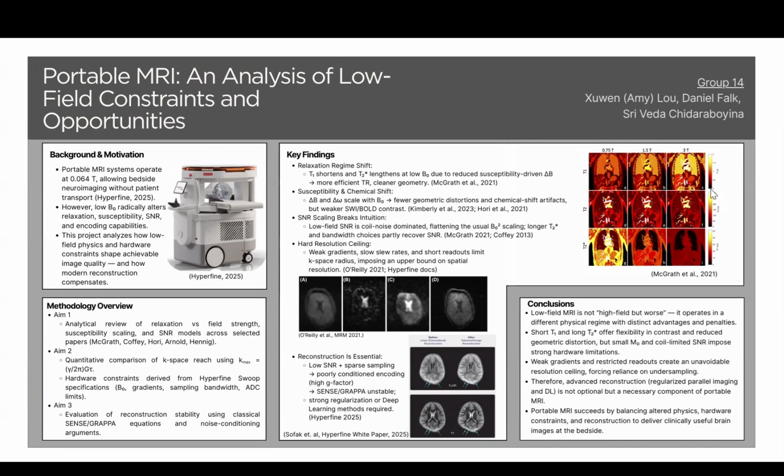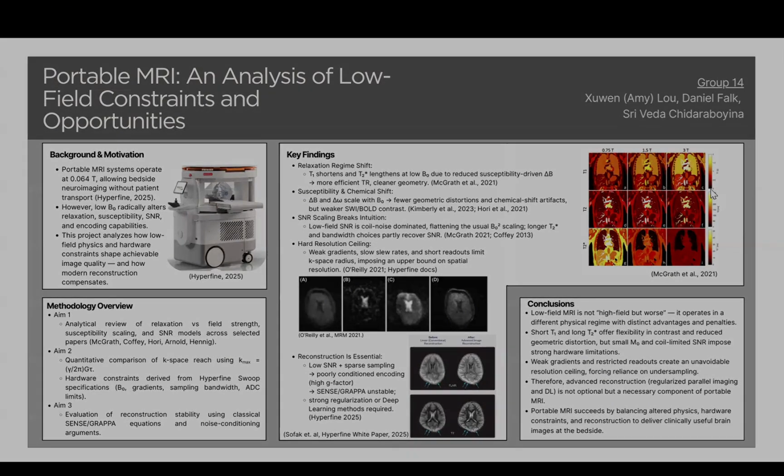AIM-2 shows that weak gradients and limited sampling impose a hard resolution ceiling, since k-space coverage is strictly limited by G and readout duration. AIM-3 explains why modern reconstruction, regularized parallel imaging, and deep learning are essential, because low SNR and sparse sampling make the encoding matrix poorly conditioned. Overall, portable MRI succeeds by exploiting a different relaxation regime and compensating hardware constraints with reconstruction to deliver clinically useful